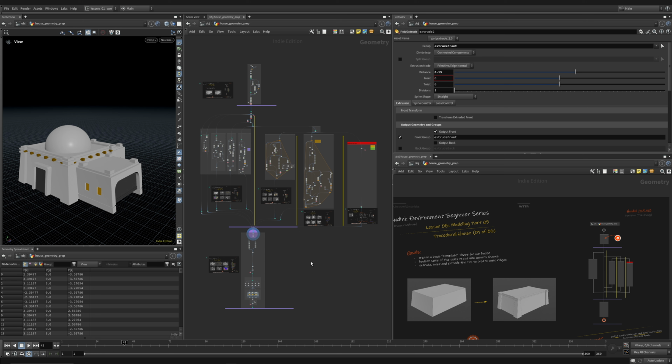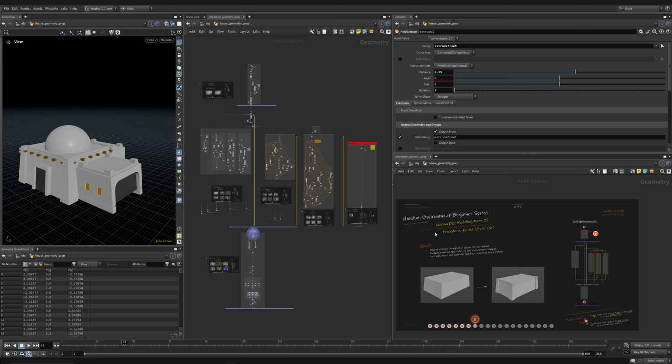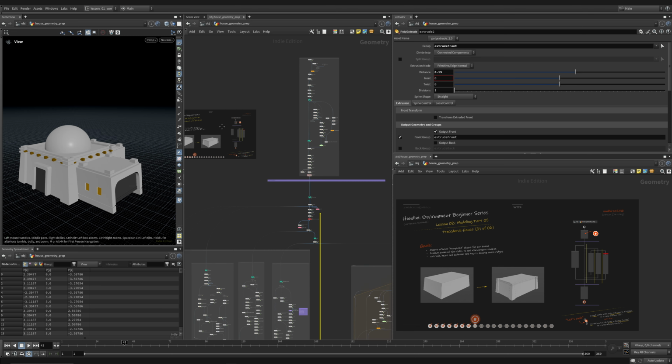Welcome back and welcome to Lesson 8 of the Houdini Environment Beginner Series. In this video, we're going to start with the modeling for our procedural house, and we're going to walk through a little bit about what's going on and then break down the first section of this video, which is up